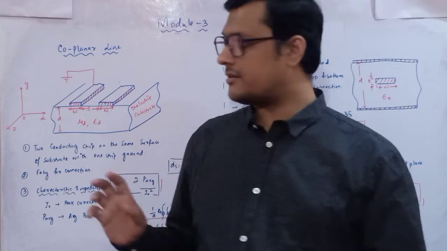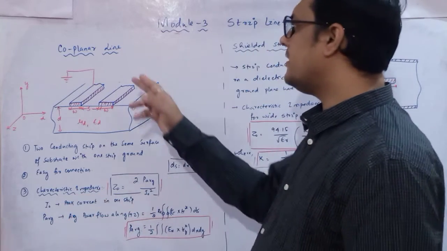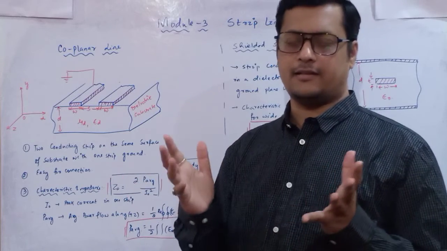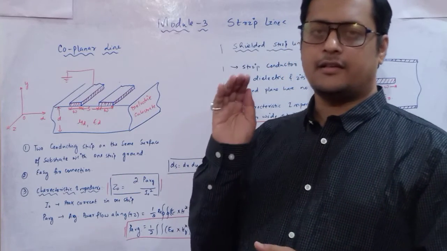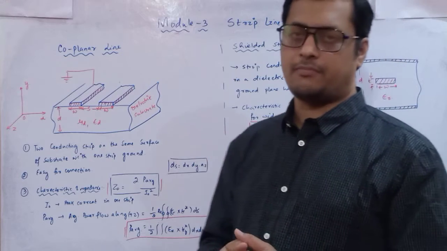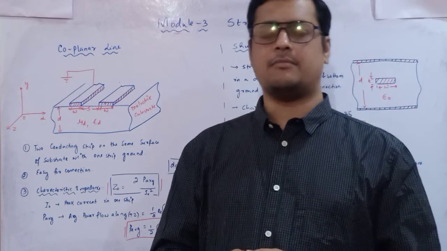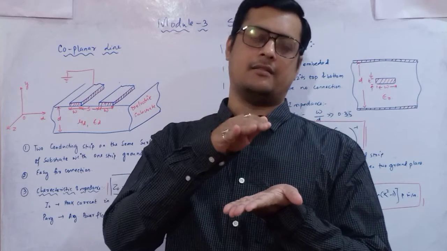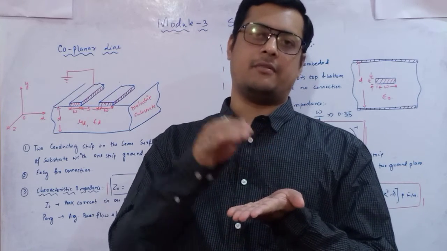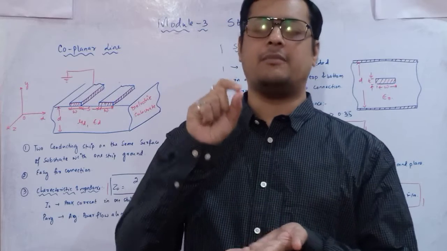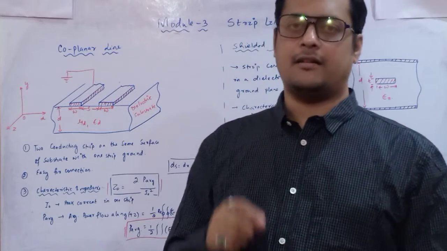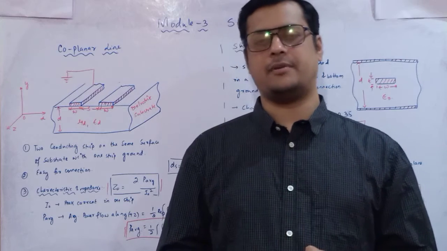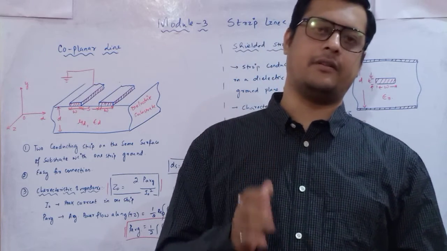Okay, so according to that, as you can see, the coplanar line, its cross section is made in such a manner that it is quite different from the strip line, microstrip line. In the microstrip line we have a ground plane, then above that a thick substrate we are placing, and above that a thin metallic plate is placed, which is called a strip line. Depending upon the W by H ratio, your characteristic impedance and the relative effective permittivity are going to change.